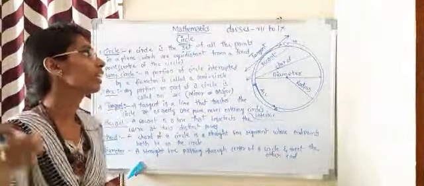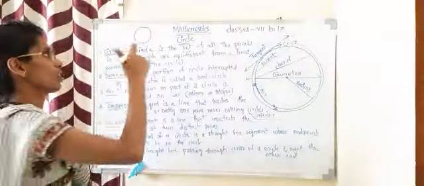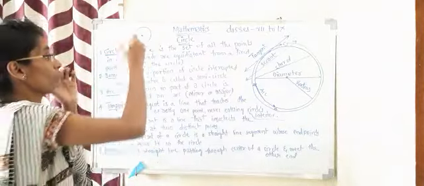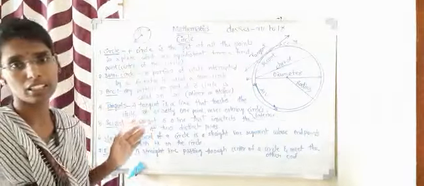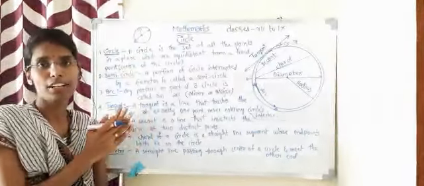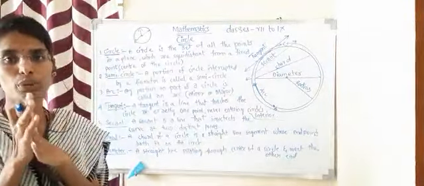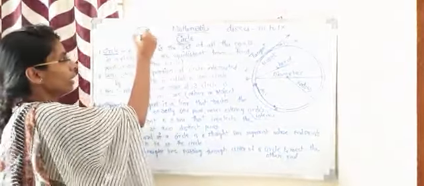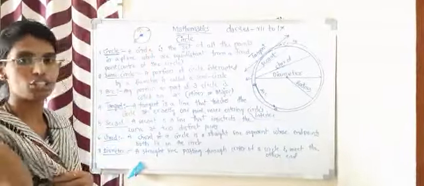If we draw a circle here, the fixed point is called the center of the circle. From the center of the circle, if you take any point, the distance will be the same from here to here, anywhere. Circle is such a shape where the distance from the center to any point on the edge of the circle will be the same. It will be equidistant from the center to any point. So the middle point is called the center of the circle.